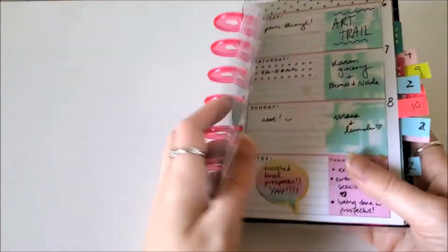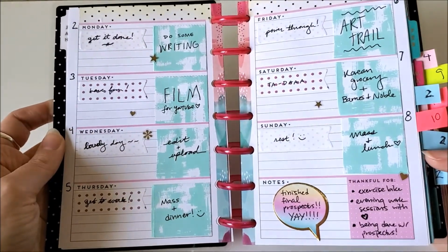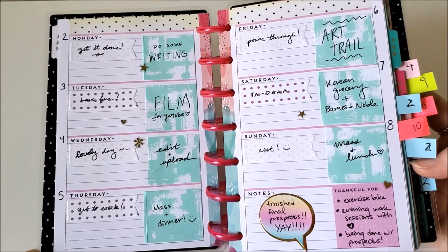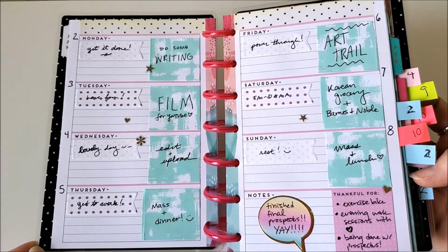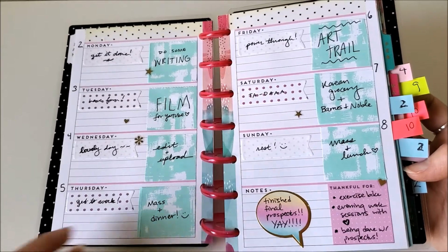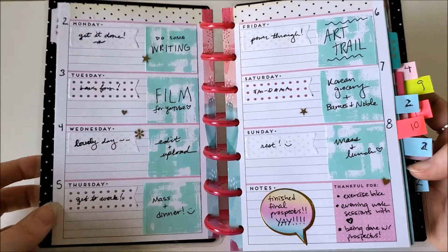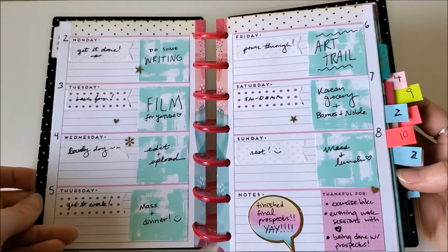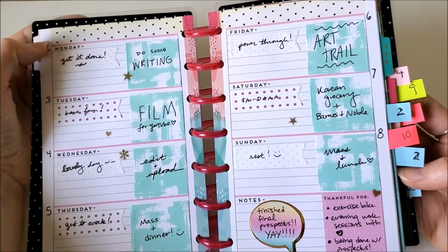So the first category is first spreads, and I'm going to take this very literally and show you the very first spread in my mini happy planner. Here you can really tell I didn't quite know what to do with all of this space, especially for a week that was vacation at the time. So you see I have all these different pieces of paper. I have some page flags not being used the way one uses page flags. I have some kind of shiny stickers,